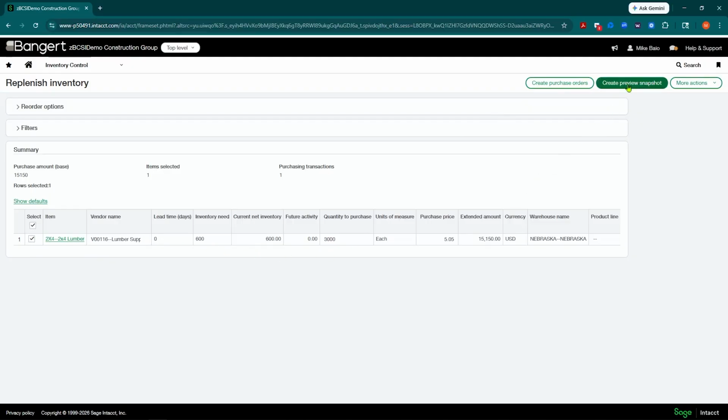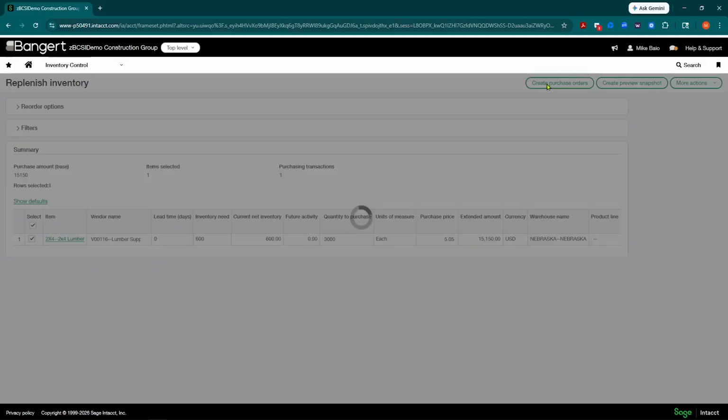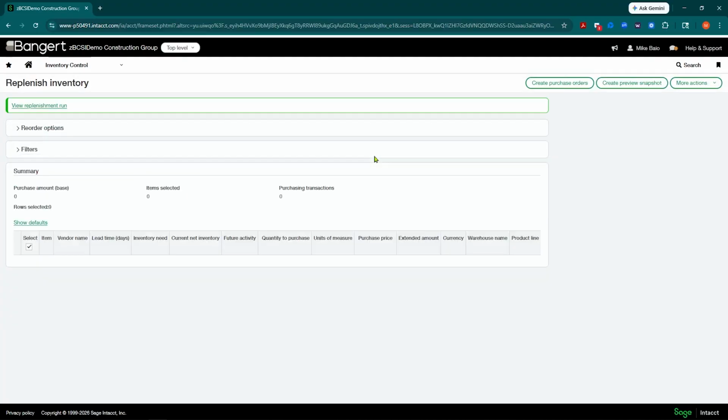Now you can do a preview. You can do what's called a snapshot. So you can do a preview of here's what it's going to be, and then follow up on that with reporting and coming into here and do it later. But we're just going to go ahead and generate the purchase order. So I got my vendors, I got my items selected here, and I'm going to click create purchase order. And when I do that, that automatically generated all the purchase orders over in the purchasing module.